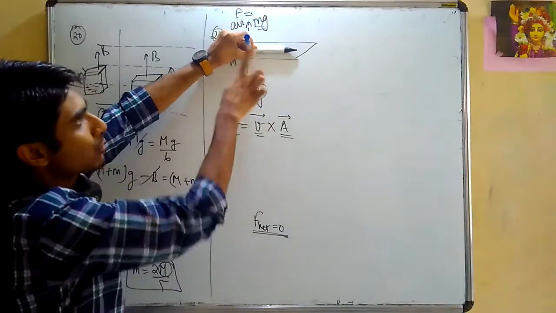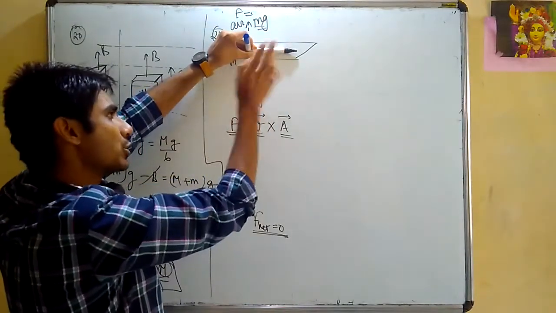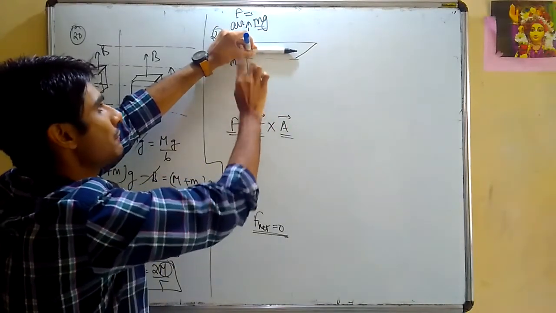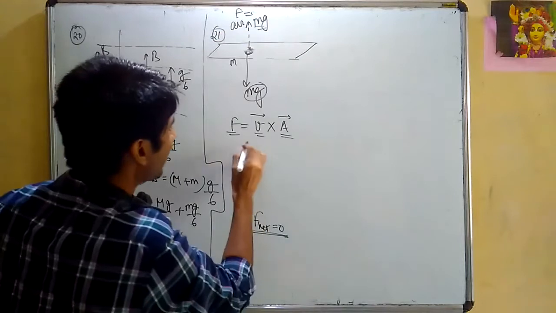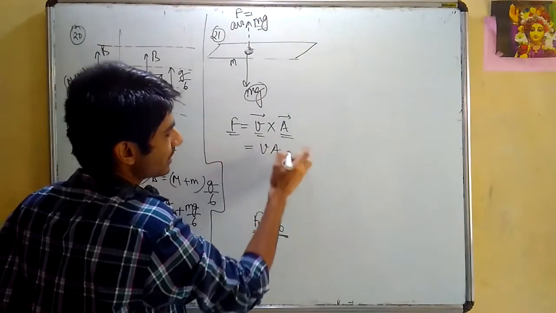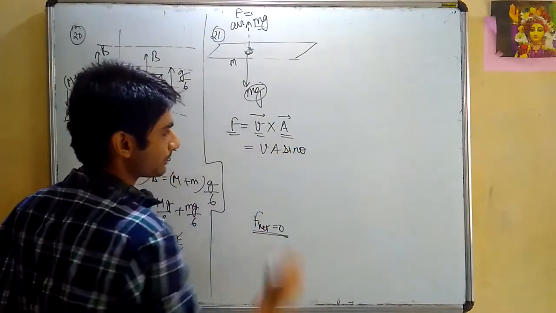So therefore, I have to project the particle out of the plane like this, assuming that A will be in the horizontal plane like this. This is V and this is A. So if I do like that, my force is what? V cross A. If you read the cross product in class 11th, V cross A is VA sine theta.